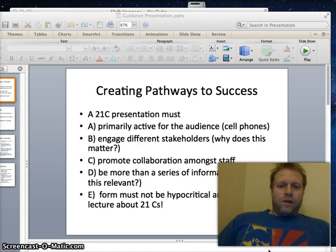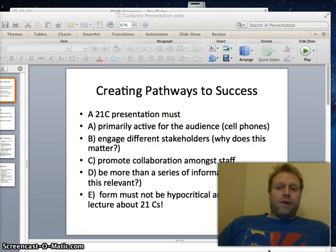I think a lot of PD these days is criticized by staff for not really engaging in some of the strategies that as teachers we're being encouraged to use all the time in terms of the 21st century fluencies in general. So for instance, instead of actually making a presentation that's very active for the people who are taking part in it, it becomes much more of an information session, and what ends up happening is teachers are on their phones